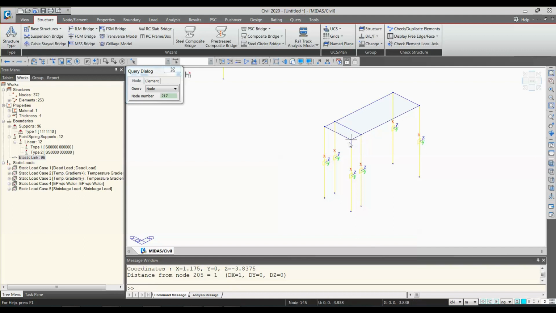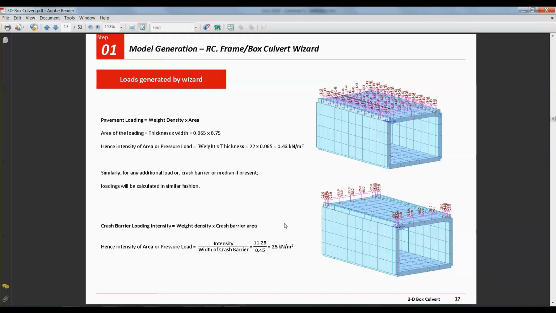Okay, so here is how it is calculated for this elastic link. Let's say this is 0.45 length into half of 0.175 width. So length into width is equal to area, into modulus of subgrade reaction is equal to the stiffness of the first elastic link, which is 145 to 277. Now the same calculations I have mentioned here.